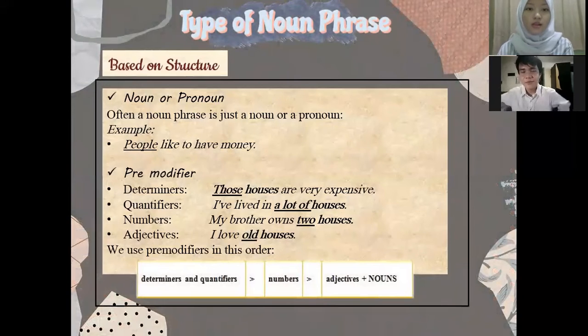And then next, there's type of noun phrase. Based on structure, noun or pronoun. Often, a noun phrase is just a noun or a pronoun. For example, people like to have money. And then